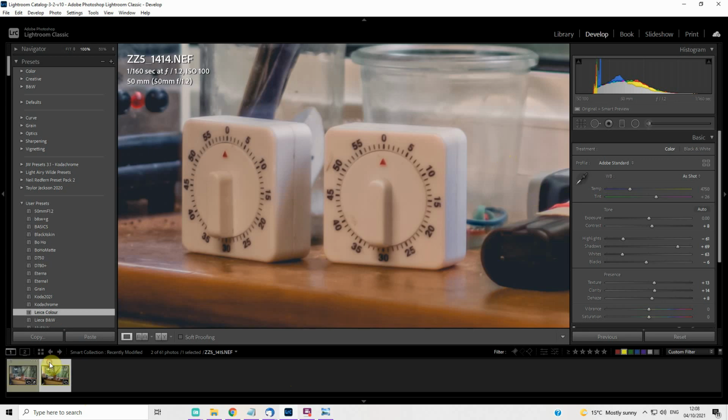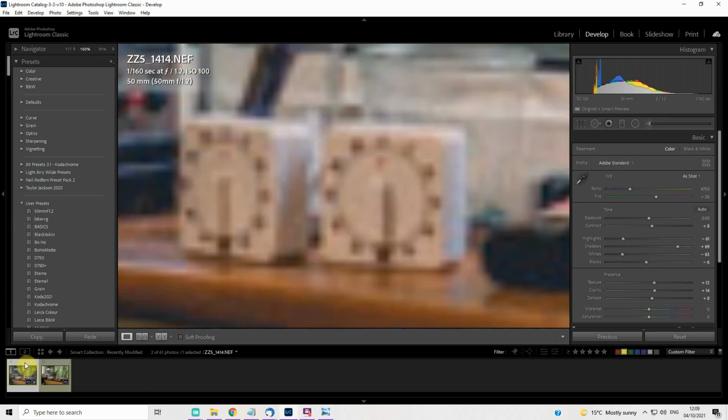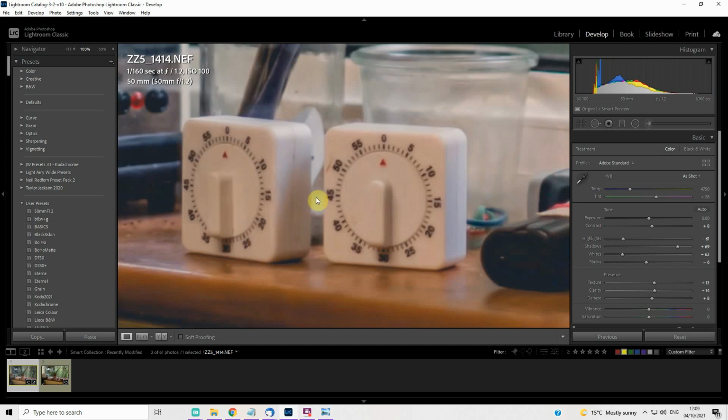And then what this looks like. This is the f2 shot. And whilst there is a difference, I can live with that difference. And by the way, if we go back to the 1.2 shot,